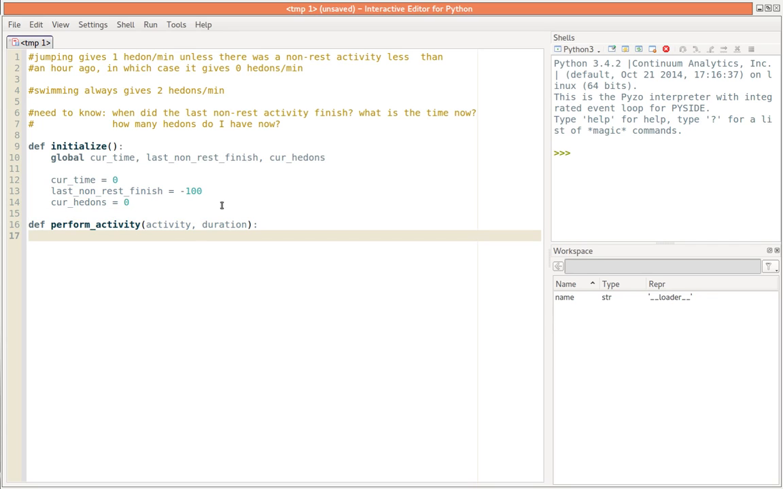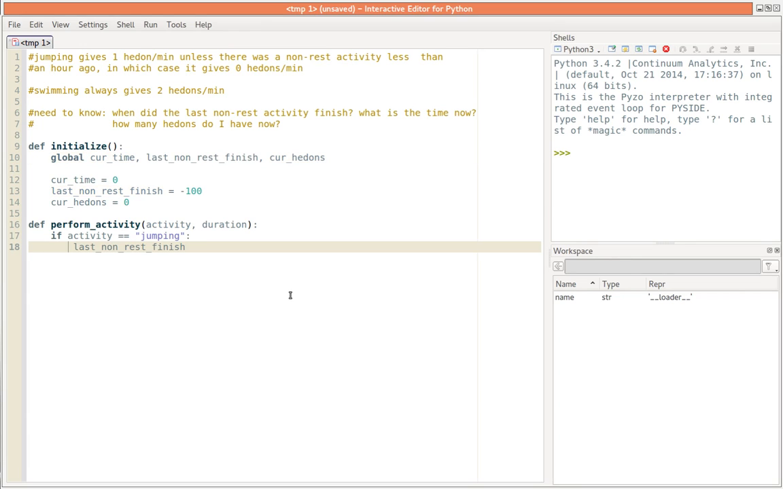So I need to add different amounts of hedons depending on the activity. So I can say if activity is equal to jumping, what is it here? It says gives 1 hedon per minute unless there was a non-rest activity less than an hour ago. So how do I figure that one out? I say, okay, so I know the last non-rest finish and I know the current time. And if the current time minus last non-rest finish is greater or equal than 60,